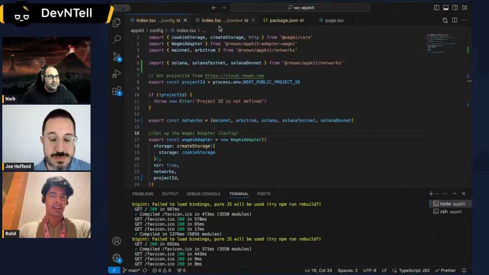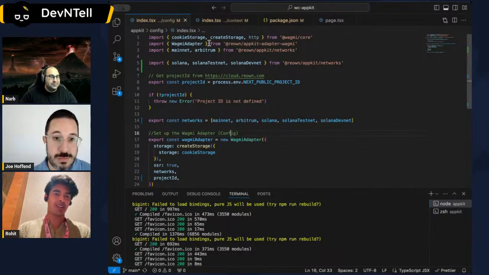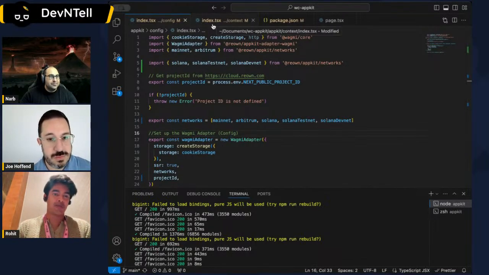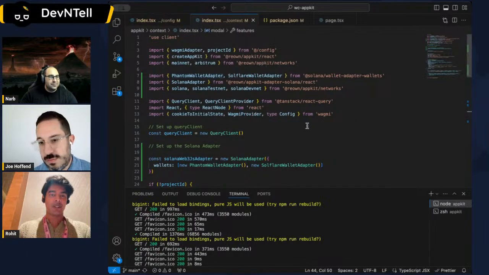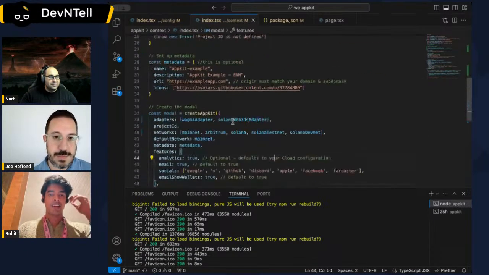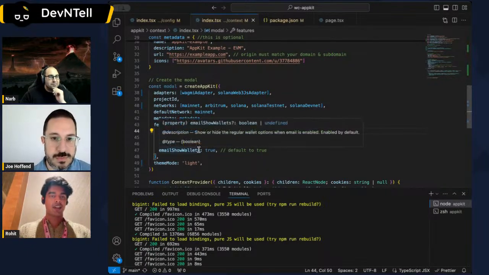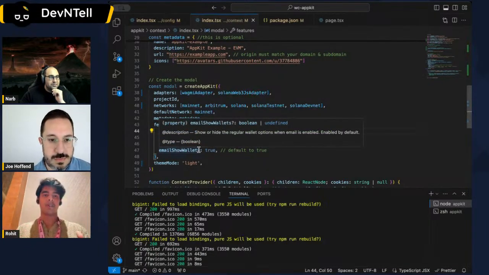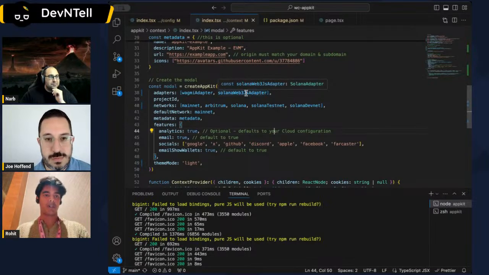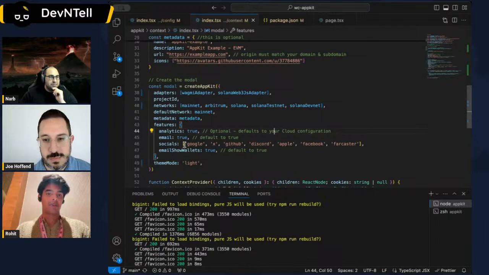So since I'm using Next, I have to separate the context from config. So it's going to add more lines for user experience, but you could do all of this in less than 30 lines. And here you can see how I've configured Solana. And this is what I call the create AppKit function. And this, you could fully customize it however you want. You could add as many adapters as you want, EVM, non-EVM alike. Configure the networks, enable email and social logins, on-ramp, and things like that. So it's super easy, super straightforward. And yeah, I just want to show a quick demo of what it looks like.